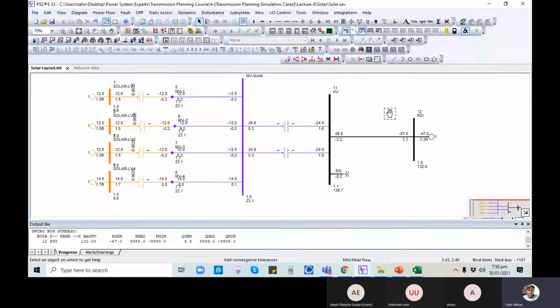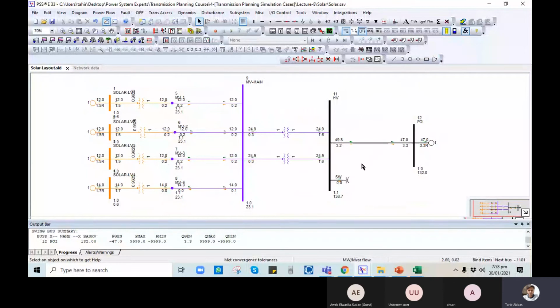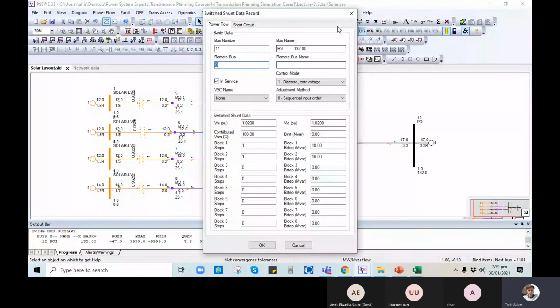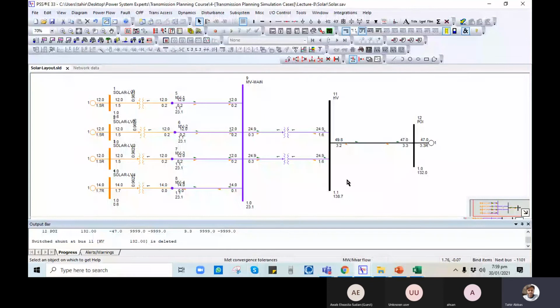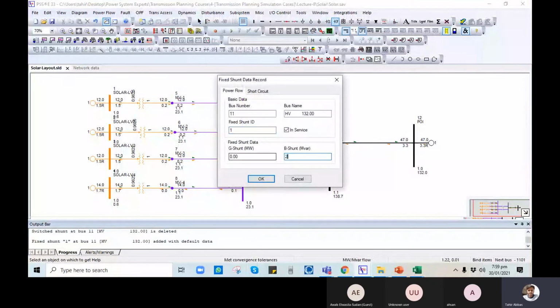Yes. Now look at the behavior. Still, the power plant is producing reactive power at this point, but the plant does not have the capacity to produce so much reactive power. So it means that the reactive power should be supplied by this switched shunt, because a switched shunt is a controlled discrete device, so we can add a fixed shunt. Let's see, that's 20 megawatt, so it will be basically the